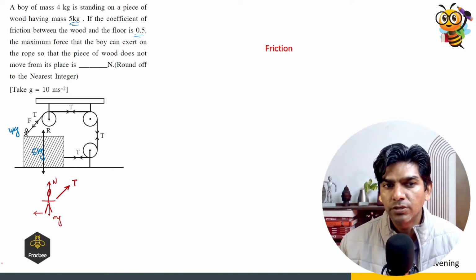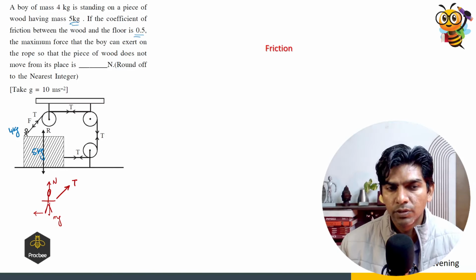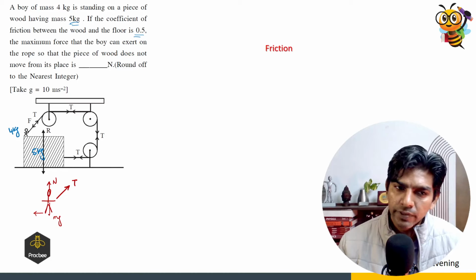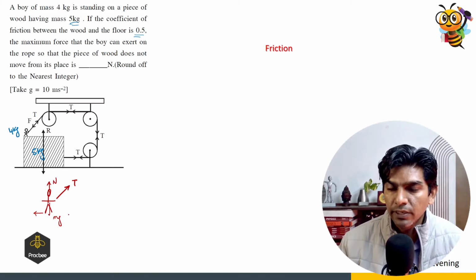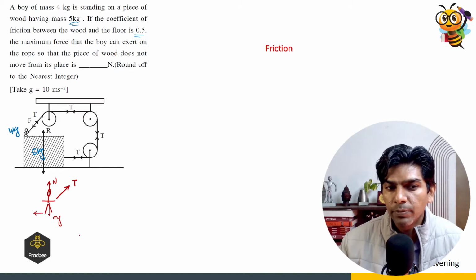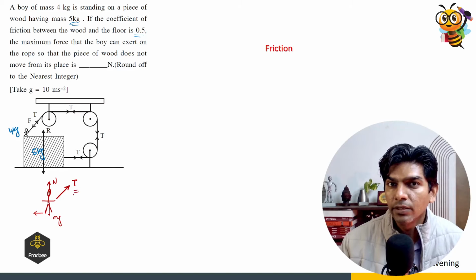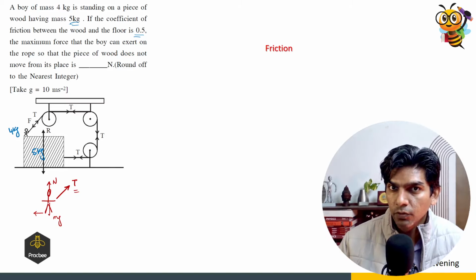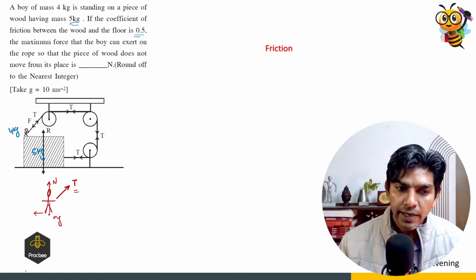And no information is given about the friction between the boy and the block. So what we can do is assume that there is no tendency of slipping of the boy over the wooden block. So if there is no tendency of slipping, friction will be 0. So this tension must be acting in the vertically upward direction. So it means the person or the boy is pulling the string in the downward direction. So if we consider that assumption,